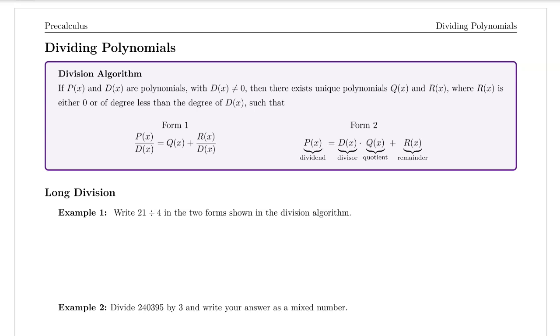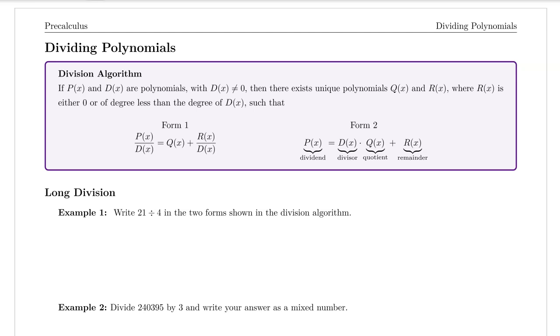In this video, we will talk about dividing polynomials using polynomial long division and synthetic division. First, let's talk about the division algorithm, which says if p of x and d of x are polynomials where d of x is not equal to 0, then there exist unique polynomials q of x and r of x, where r of x is either 0 or of degree less than the degree of d of x, such that